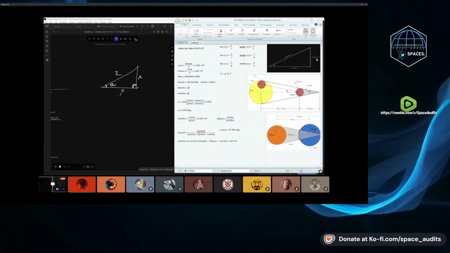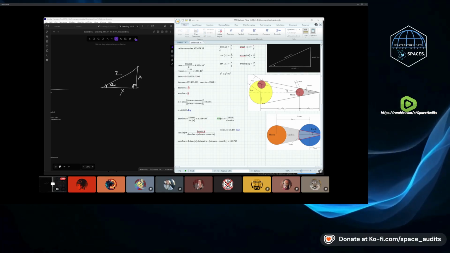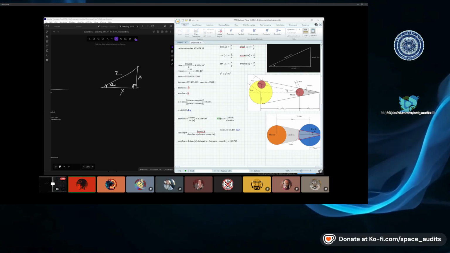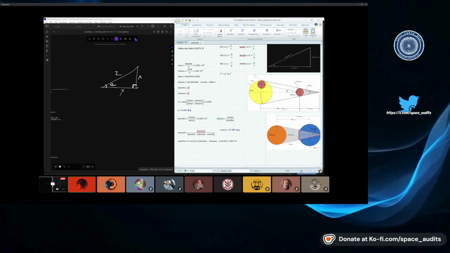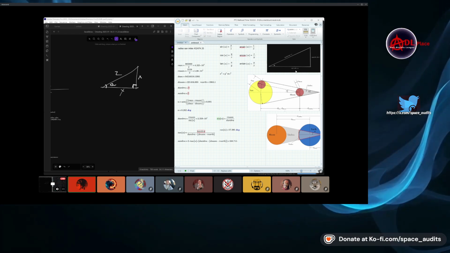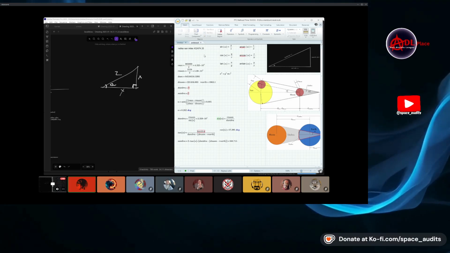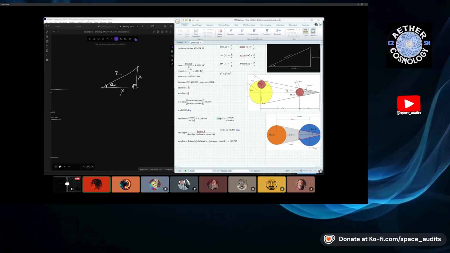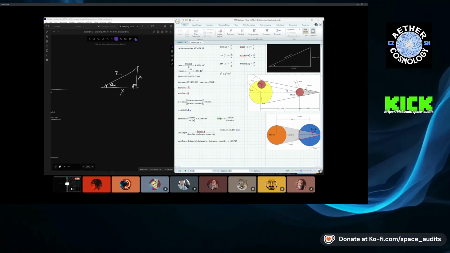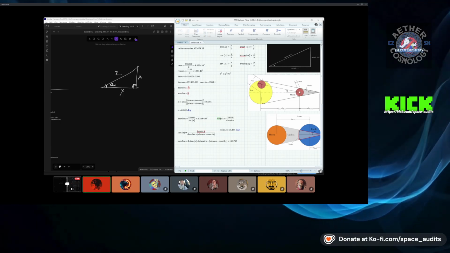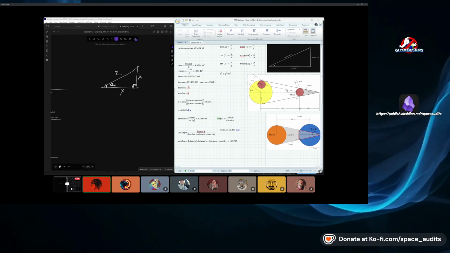So you have the opposite side, the adjacent side, and the hypotenuse, right? The basics of trigonometry: sine of alpha is x divided by z. The cosine is the adjacent side divided by z, and the tangent is the opposite side divided by the adjacent side. That is what we're going to use to figure out the Umbra. We're going to apply this lesson to calculate the Umbra of the eclipse of the sun and the moon, right? I will walk you through how to apply this formula to the actual